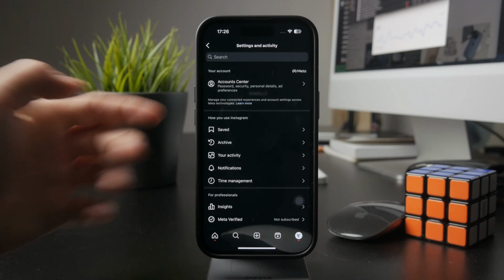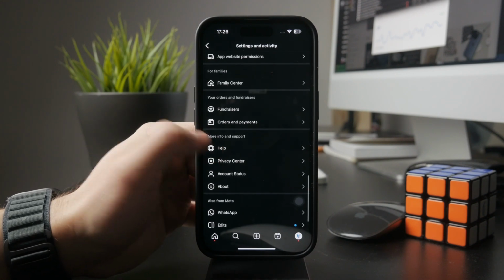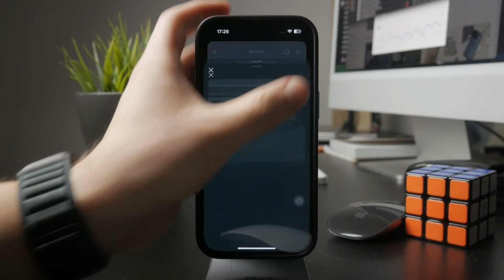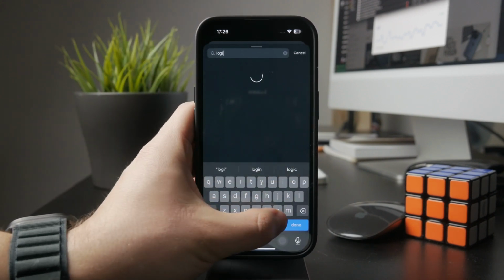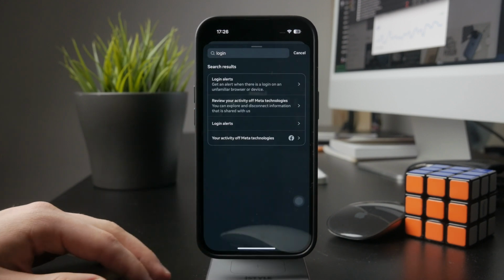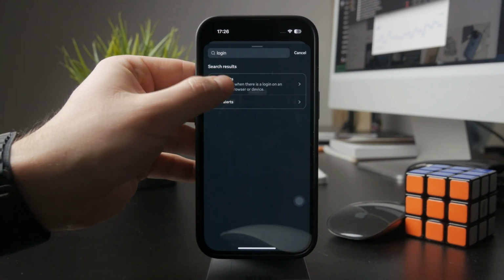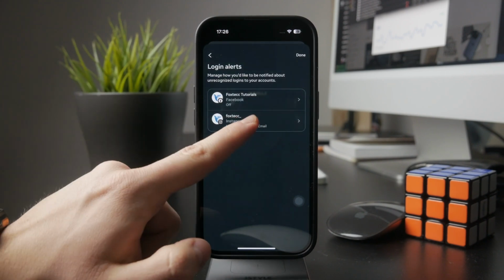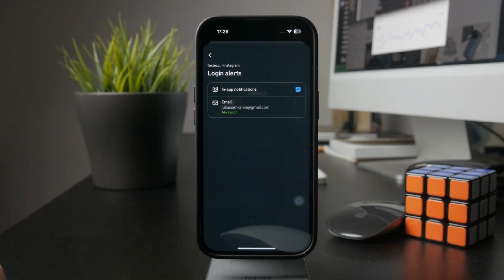You're going to be able to find the privacy center right here, and you can use the search bar at the top to look up the word login. When you look that up, you can see that there are the login alerts, which can be customized. If you have Facebook installed or connected, then it's going to be customizable in here as well. But just tap on Instagram, and in there, you can choose the login alerts and where specifically they appear on